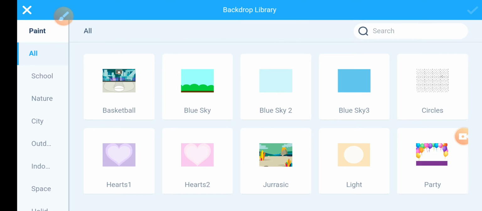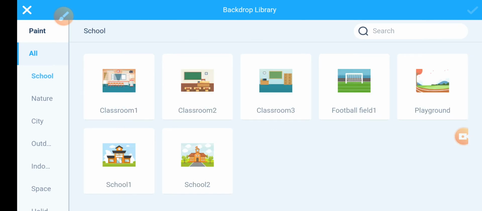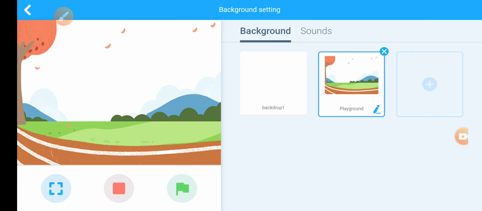First I will add the start screen. Go to the school option. Here a playground background is present. I have considered that playground background as the start screen. Press OK.